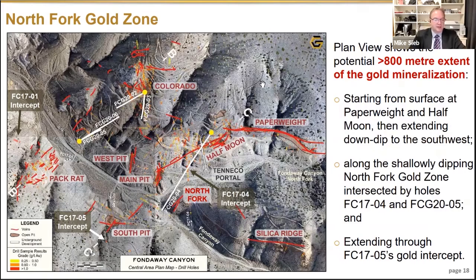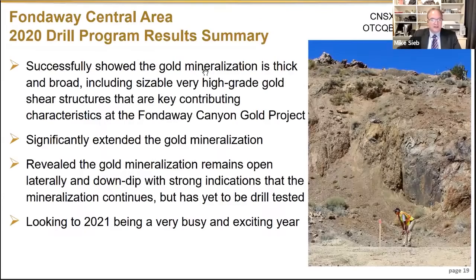Again, everything is completely open laterally and down dip. You can see the intercept of hole 1705 there farther in the distance. Once again, we're projecting the mineralization all the way from the surface, 800 meters, all the way through hole 1705. So in the very small drill program that we've drilled, we've definitely shown and proven the continuity of the mineralization, nice and broad and thick. And of course, it still remains open both laterally and down dip. So you can readily see what we've accomplished to date